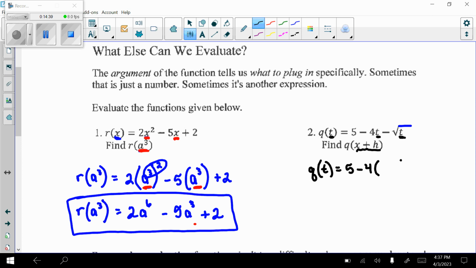And here I see a t, so I have to put x plus h minus square root, and I see a t again, so x plus h. So for this one, every place I see a t, I'm putting x plus h. So I put it right here after the 4, and I put it right here underneath my radical. So now I can simplify this just a bit